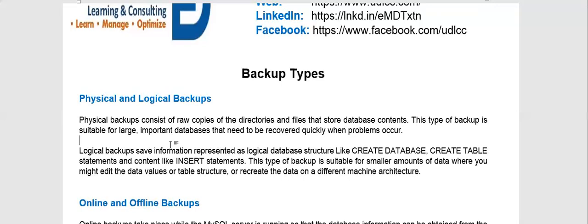The physical backup is a physical data directory and files. And in a logical backup file, you will see the syntaxes and the database structure, the SQL commands like create database, create table, etc. This type of logical backup is suitable for a small amount of data, like a few GBs of data.